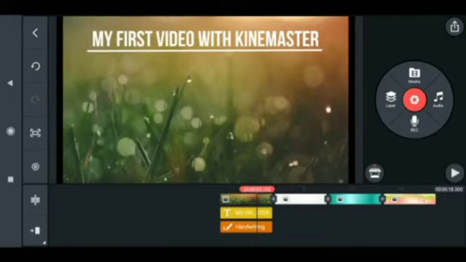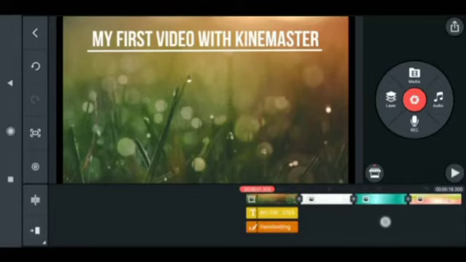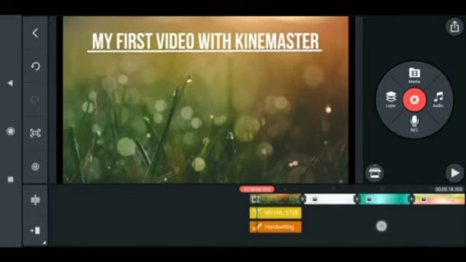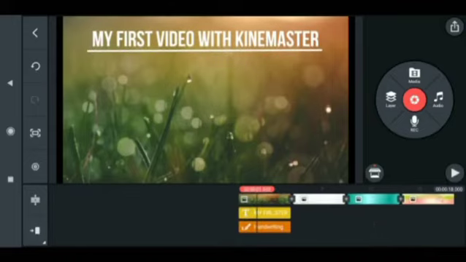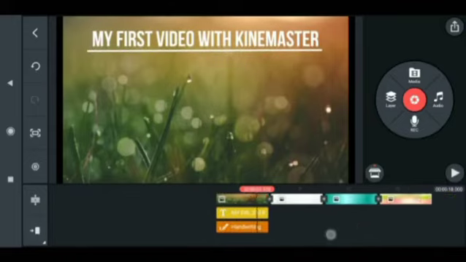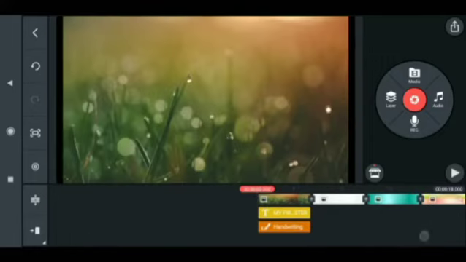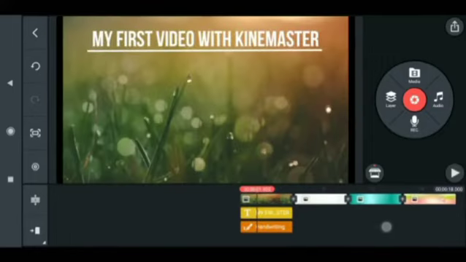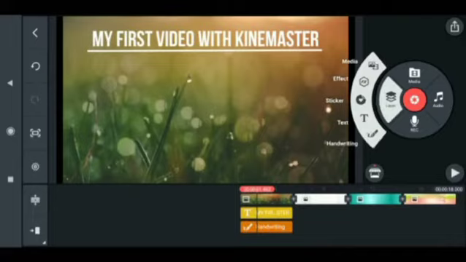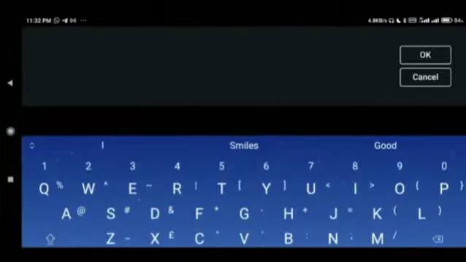So let's now assume that okay, let's have a little write up. So let's say immediately after my first video with Kinemaster, I will, now you can move this panel about actually. So I will move it a little bit. Then I'm going to go back to my layer because I want to write a text something. I'll now go to the text and write